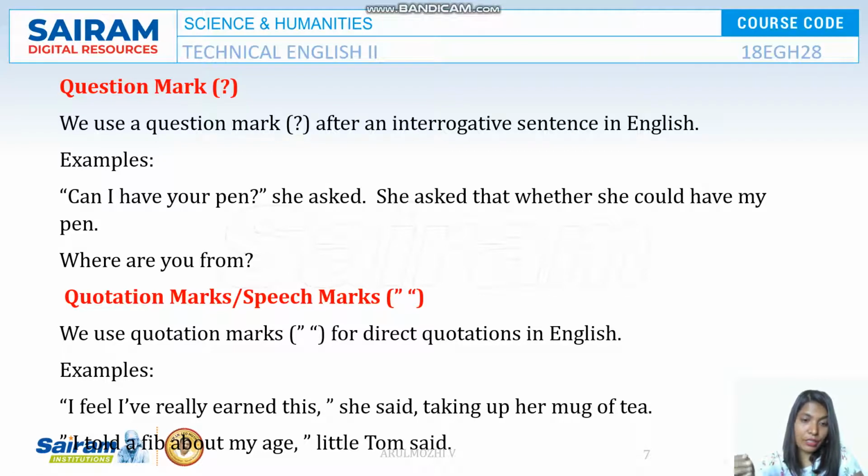Okay, double quotes. When you have quotation marks, it means that it is exactly the words that person said. And we use quotation marks to quote somebody's words, for example, Shakespeare's lines or from a poem. Whenever we quote others' lines or poems or quotations, we have to put them in quotation marks. It shows that it is not your word, it is somebody else's word.